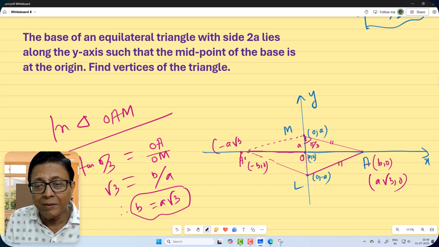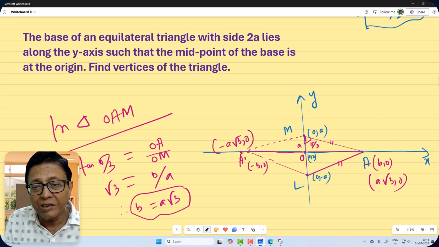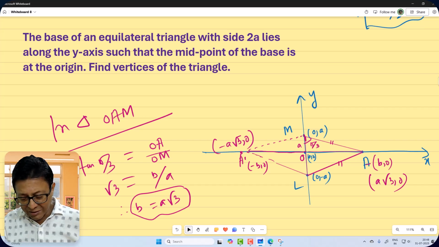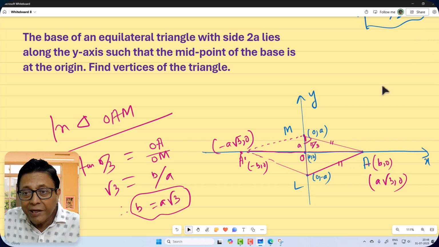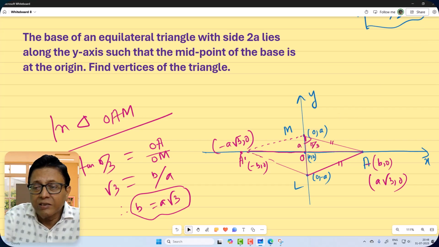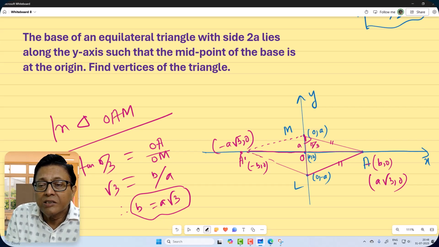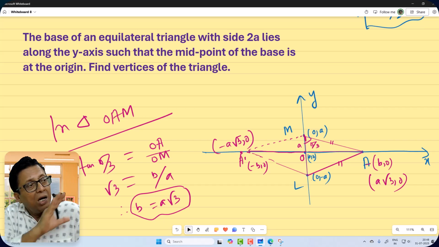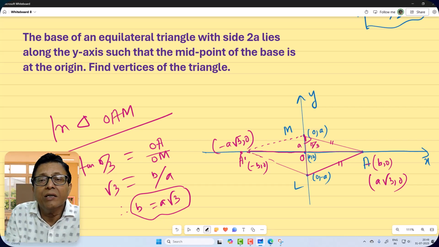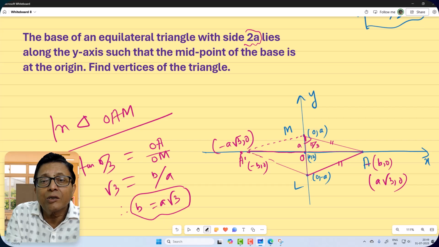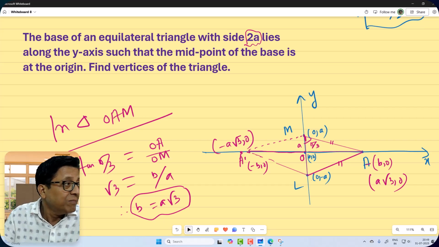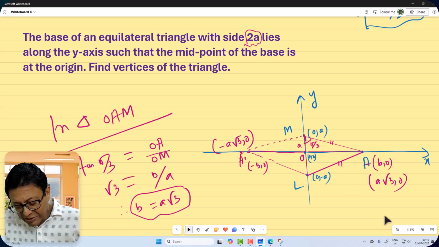This one has to be (minus a root 3, 0). Clear? Understood? A we need not find, just vertices. 3 vertices are there. This one (a root 3, 0). This is (0, a), (0, minus a). If you take triangle ALM A dash, then (0, a), (0, minus a) and (minus a root 3, 0). Answer will be in terms of the given quantity. Which one is the given quantity here? 2a or a is given. That's why we can keep the answer in terms of